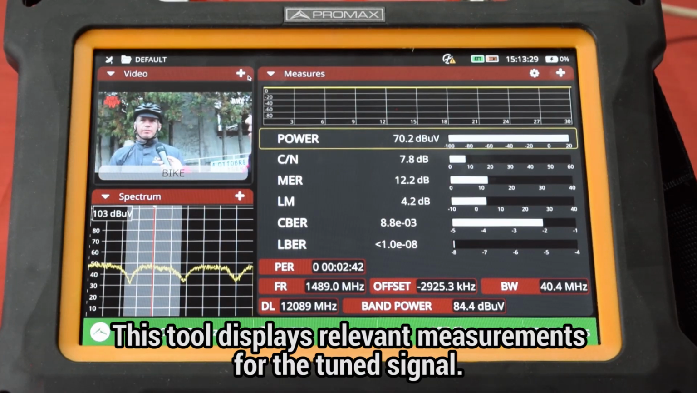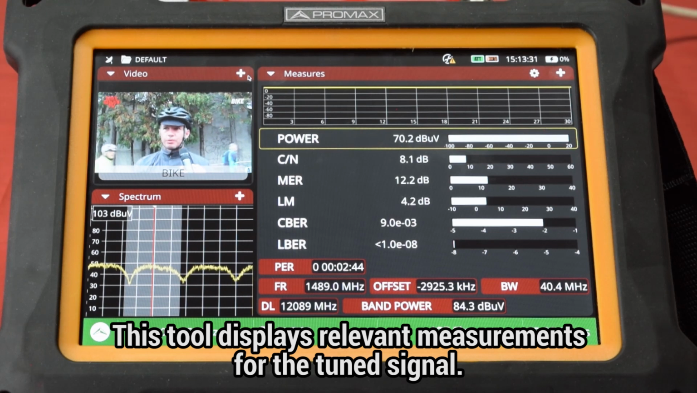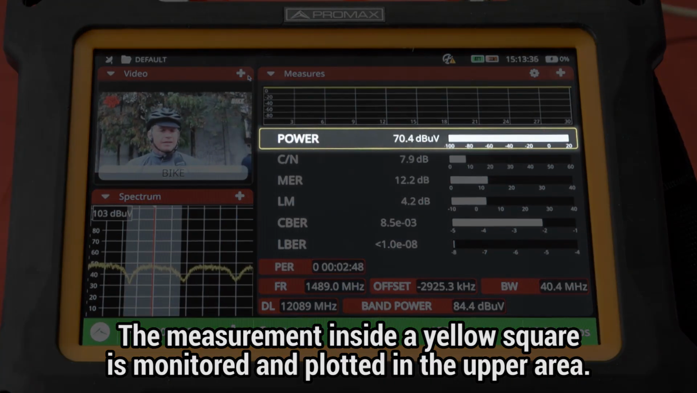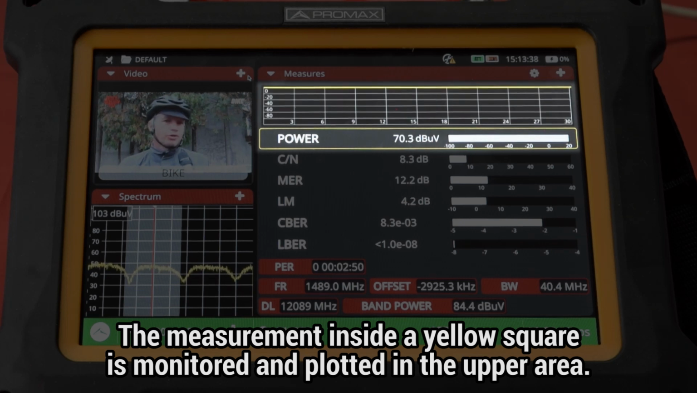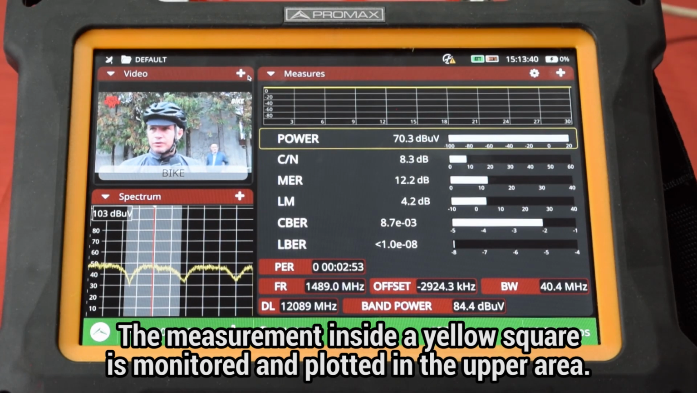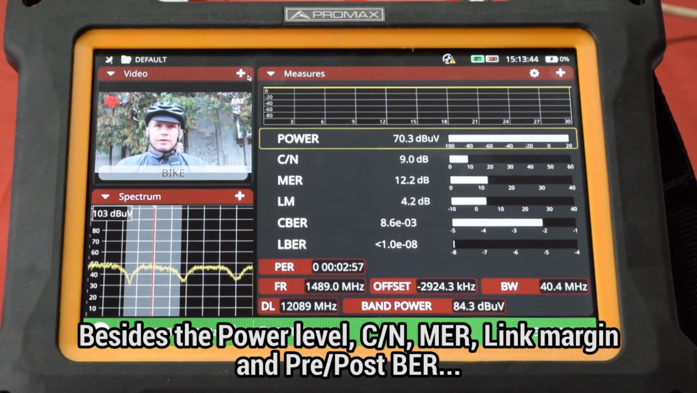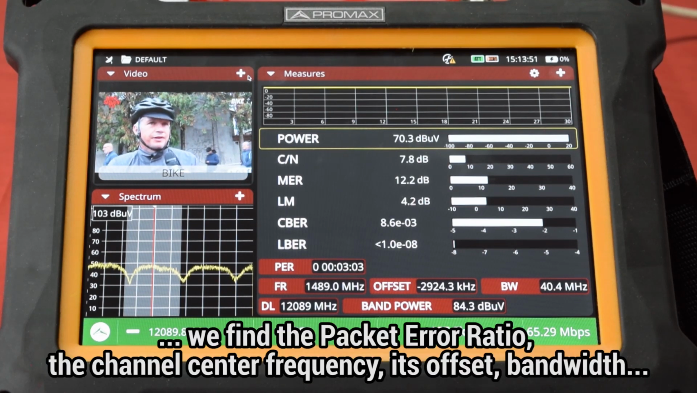This tool will display all relevant measurements for the signal being tuned. The measurement inside a yellow square is plotted in the window's upper area. That plot will monitor continuously the measurement value. Besides the power level, carrier to noise, MER, link margin, and pre and post BER, we find in the window